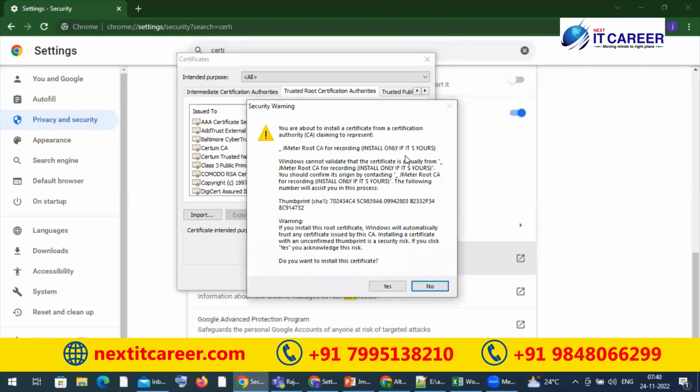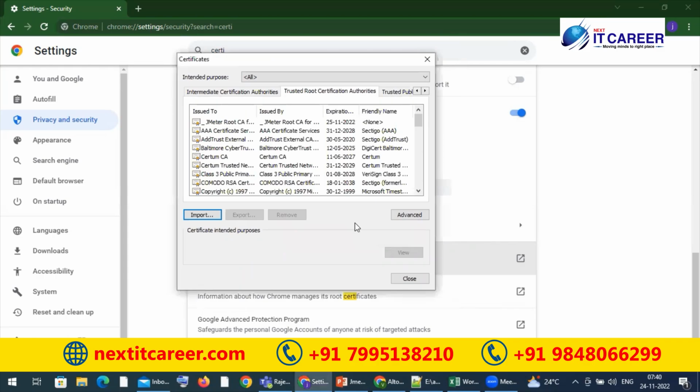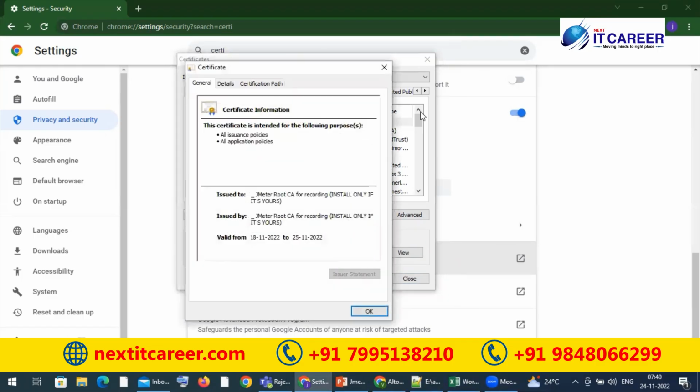Once you click on Finish, you will get this pop-up: JMeter root CA for recording, install only if it is yes. If you click on Yes, then only the root certificate is installed or imported successfully. Click on OK. Once you click on OK, you will see this root certificate was added. If you want to view it, you can click on View. You can see how many days it is valid,